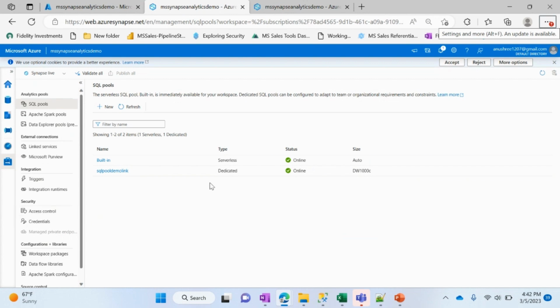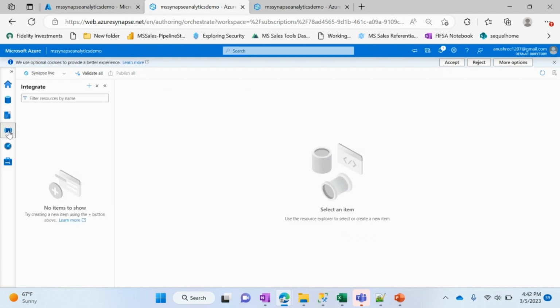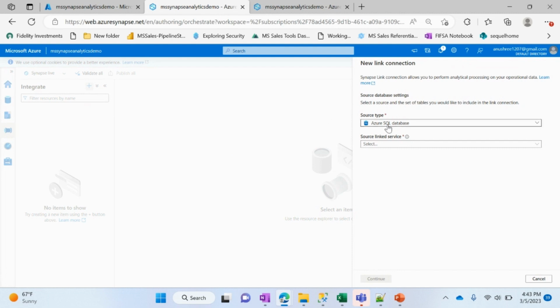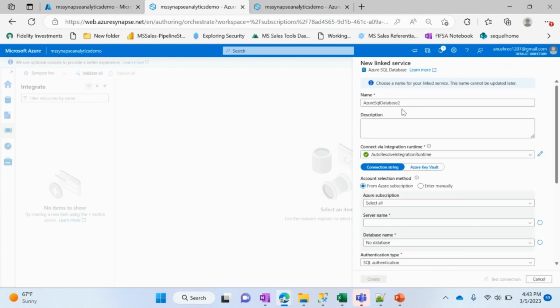So the SQL pool is online now. Now we'll go to our integrate section. Click on integrate, click on plus, click on link connection. And in the source type, we'll select Azure SQL database. And since we do not have a linked service right now, we'll create new